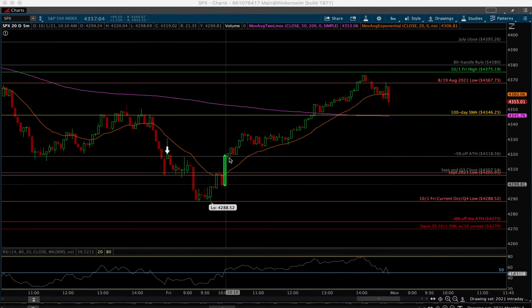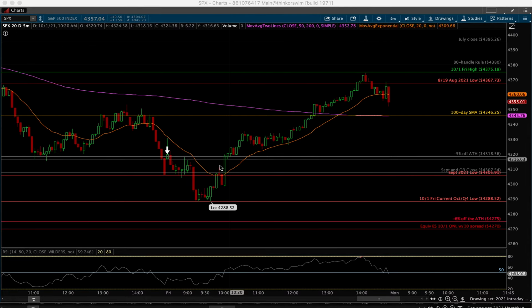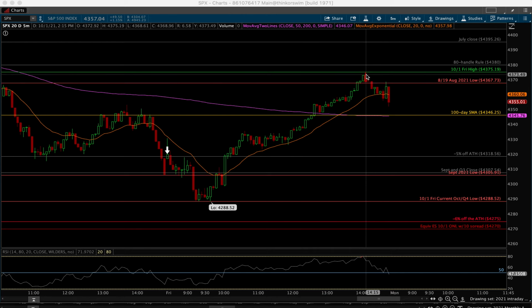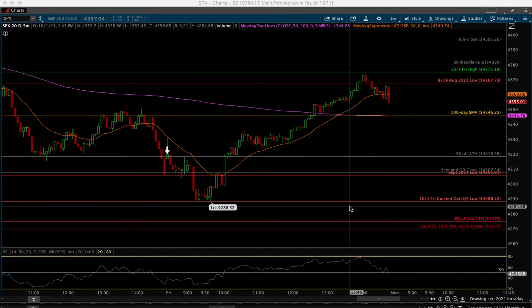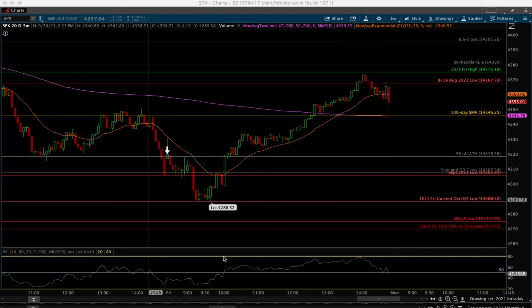And so something happened here around 11:10 Eastern time, and that really was the breakout point, and we got nearly a 100-point rally on the day. However, overnight coming into